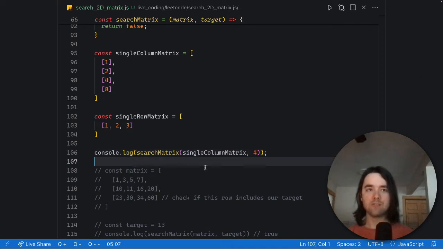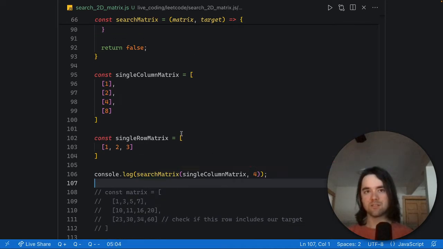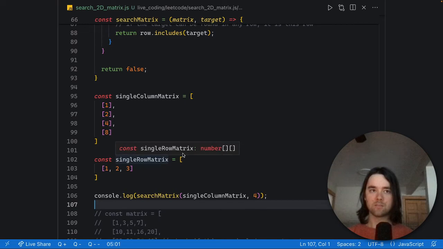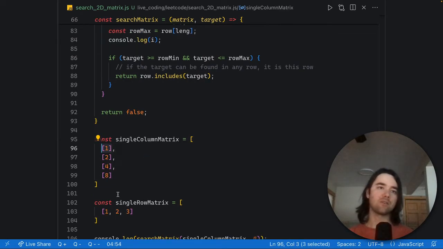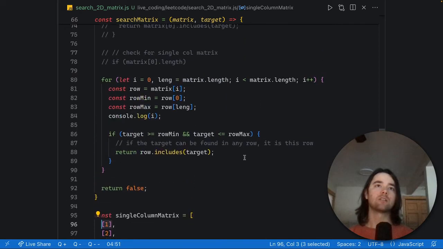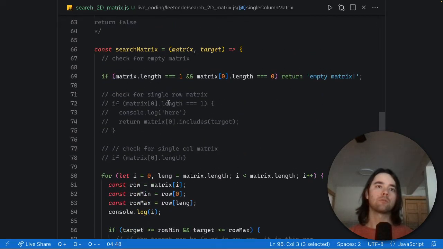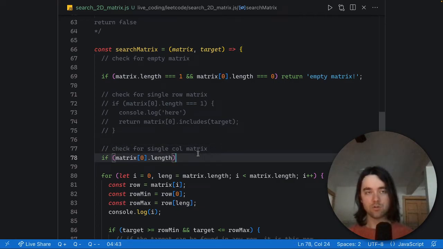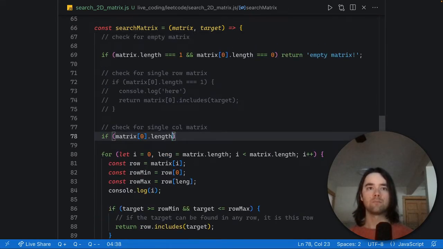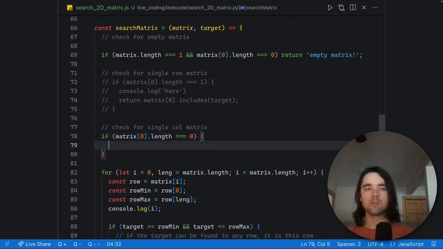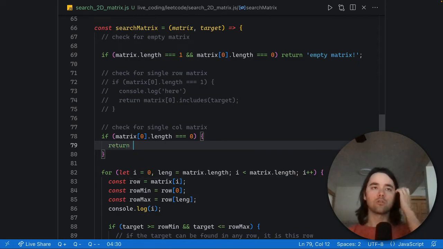So we've got about 5 minutes left. I think that's still plenty of time to sort this out. I think I just need to write a guard clause for this specific test case. So, check for single column matrix. So if matrix at index 0, so the first element, is of length 1, then we know that it is a single column matrix, and now we just want to return